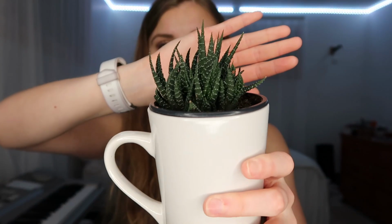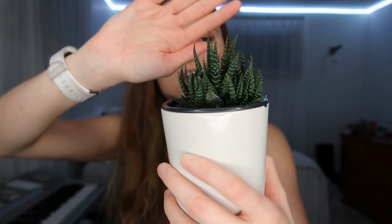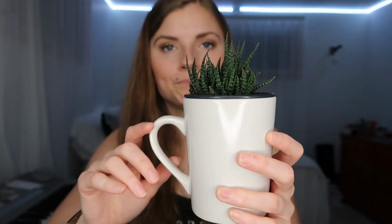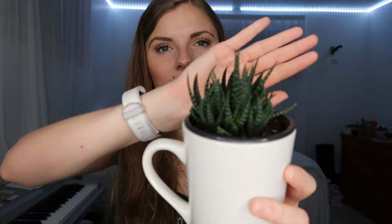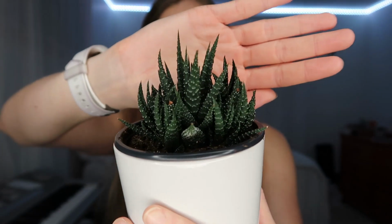And then this one, I'm totally gonna butcher the name of it, but it's a Haworthia? I don't know. But this one's harder to tell if it's needing water or not. So I just pretty much wait till the soil's super dry. Like I said, because it's the darker green and it does have that crunchier looking texture, so it's definitely harder to tell when it needs water and when it's doing all right. But they say these are one of the easier succulents anyway to have as a house plant,